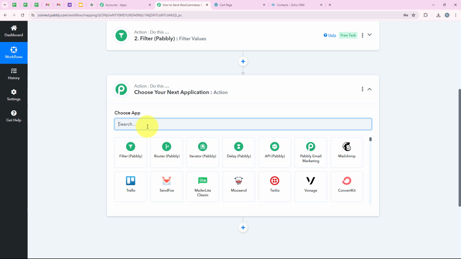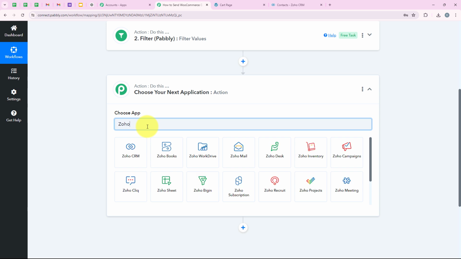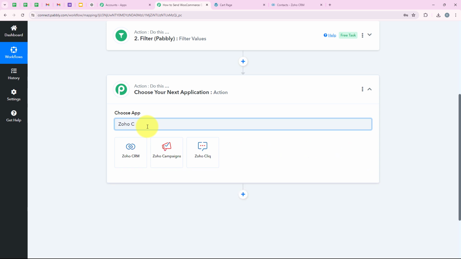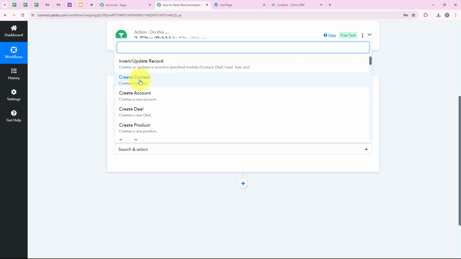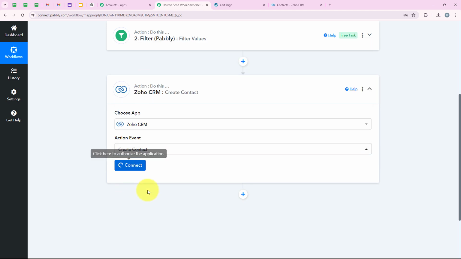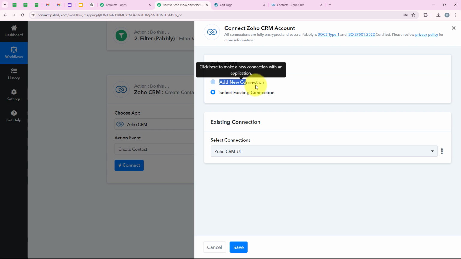So for our action application, we are going to select Zoho CRM right over here because I want to add the details of the new customer in my Zoho CRM. So I'm going to search for it, and then we are going to select it. And now for the action event, we are going to select it as create contact, and then we are going to click on connect. And as you can see that it is asking me to add a new connection or